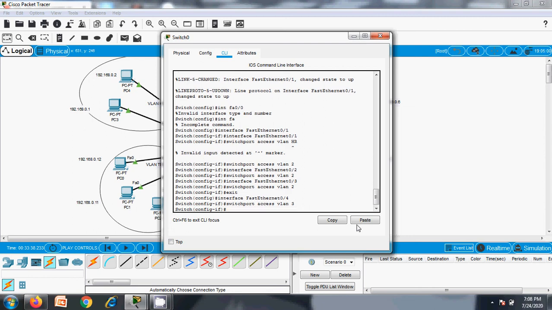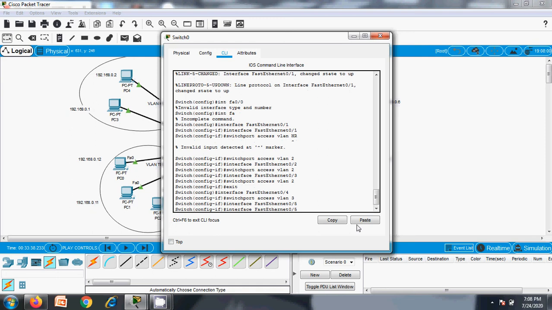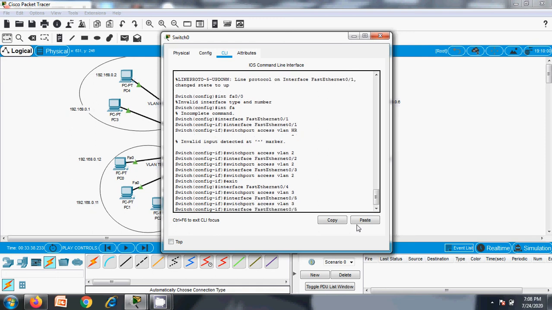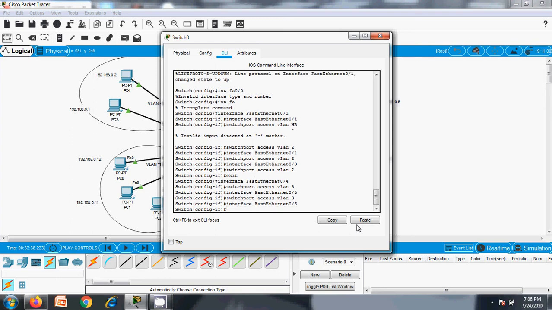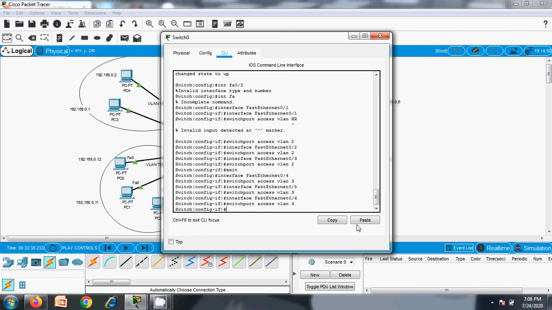Yes, and fast Ethernet 5, switchport access to VLAN 3, and fast Ethernet 6 also belongs to switchport access VLAN 3. Okay, now it is done.